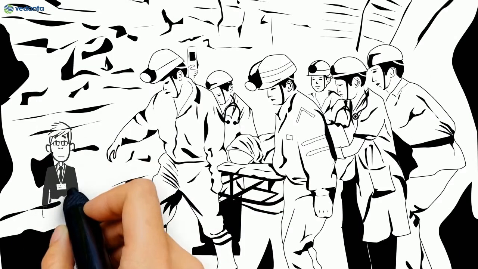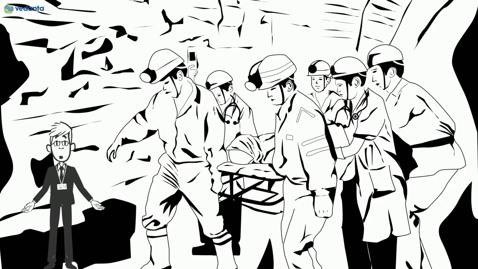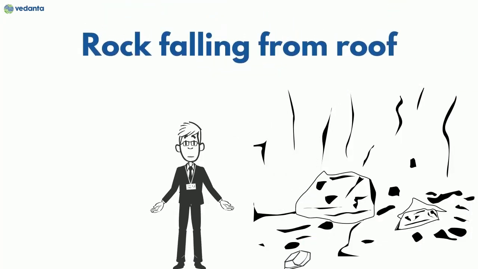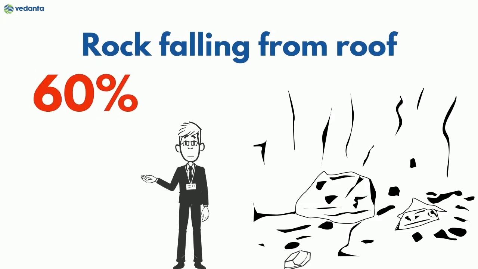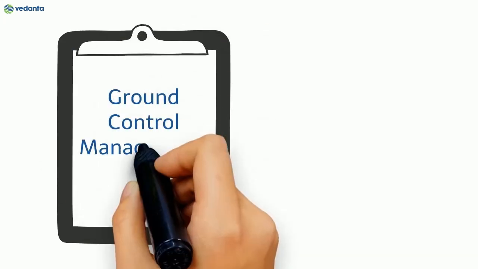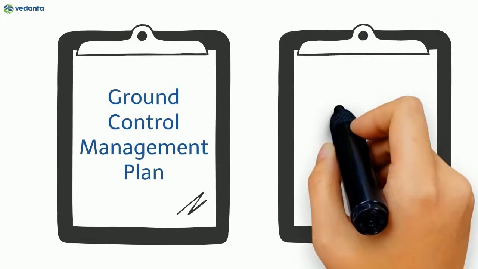Falls of ground in underground mines can cause serious and fatal injuries if not properly controlled. Why is this? We have an ever-present hazard of the potential for falling rocks. Nearly 60% of the fatal accidents in mines are roof fall related. A lot of these accidents can be avoided by following Vedanta's Ground Control and Underground Mine Standard and Code of